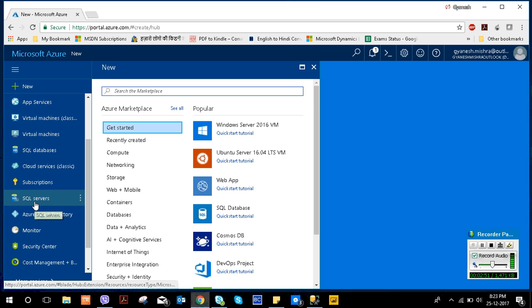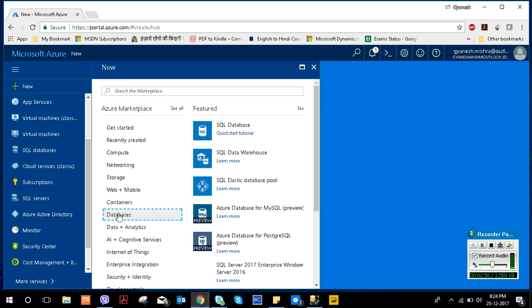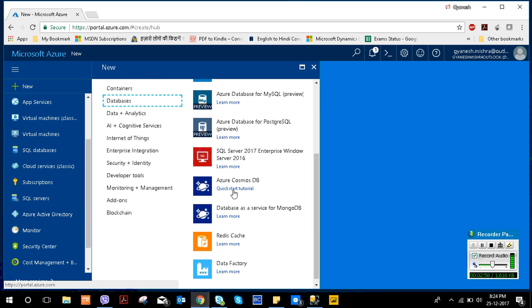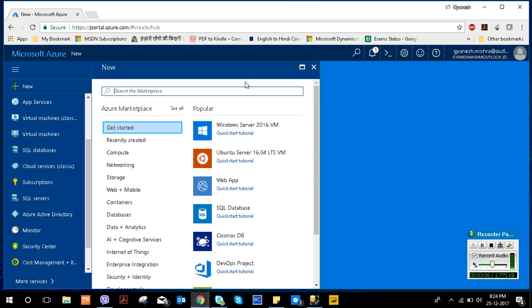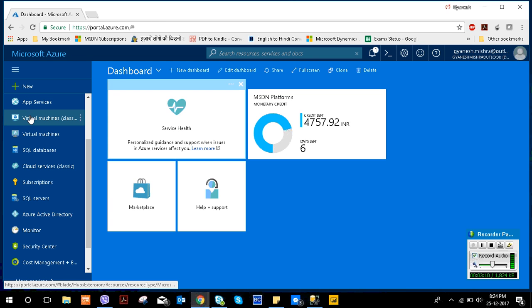You can either access it from here by going to the database, and you will be able to access from here, like database, data warehouse, and data pools. Or another way is to go to this area, and here you will find the SQL servers.